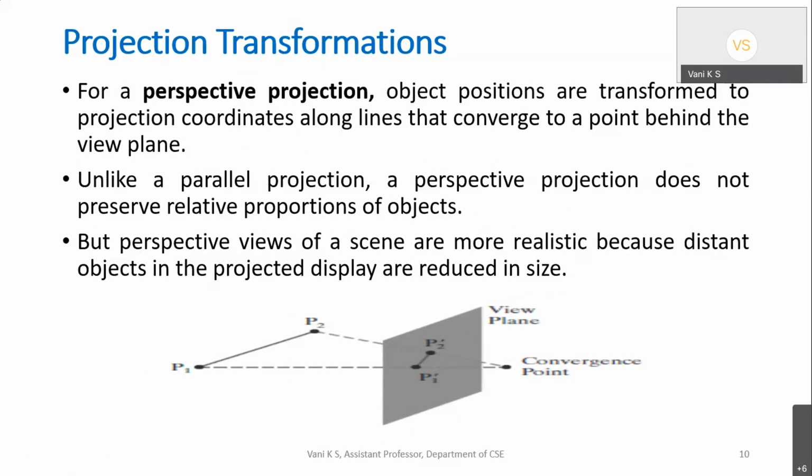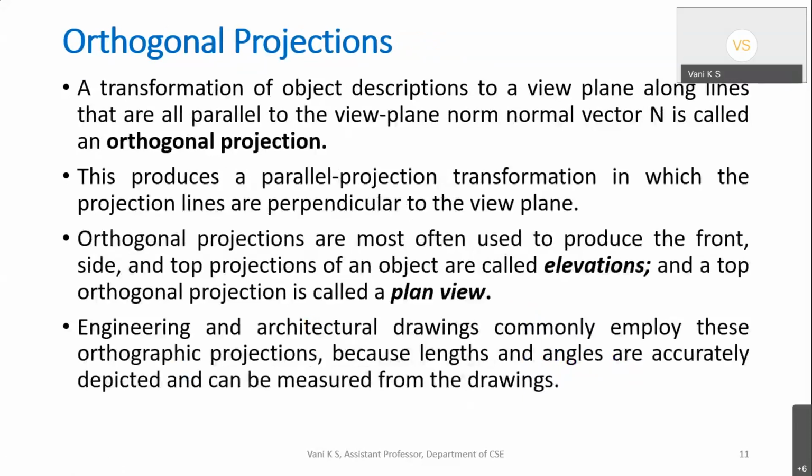So these two are the types of projections we have. And you understood the meaning of projection: converting a 3D object to some 2D on the screen. Now let us see the first type. Under parallel projections, you have two types as I told, orthogonal and oblique projections. Out of that, I am now going for orthogonal projections. Orthogonal projections are nothing but projection lines that are parallel, as I told here, but all these projection lines will be perpendicular to the view plane.